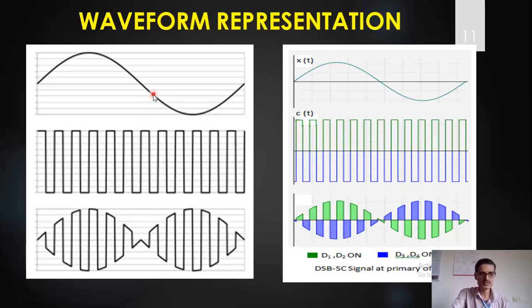This is the message signal. This is the high frequency carrier. In this case, I have considered a square wave as a carrier. Now, during the positive half cycle of the message signal, if this is plus, we get a positive amplitude over there. Just look at this, we get a carrier signal but with a varying amplitude, because here is the multiplication of this message signal with a carrier. That is m of t, or maybe x of t, multiplied with c of t, and we get this particular signal.